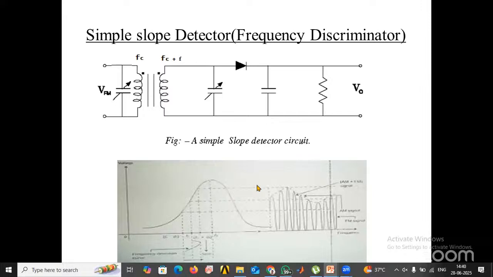So this diagram shows how the FM output will be converted into